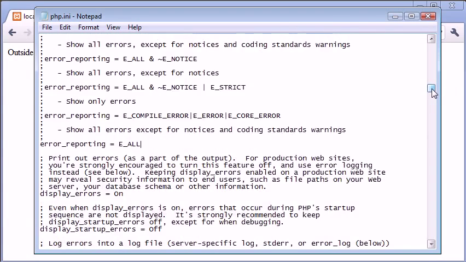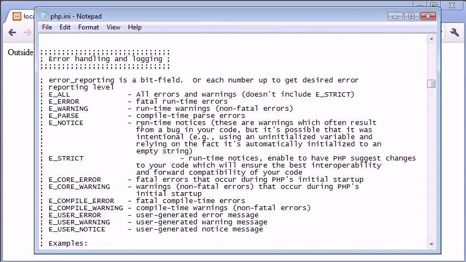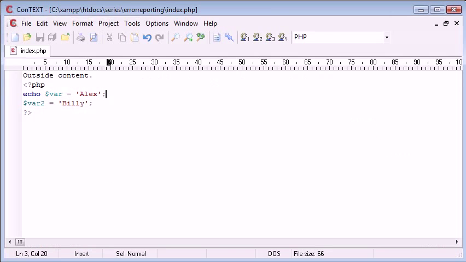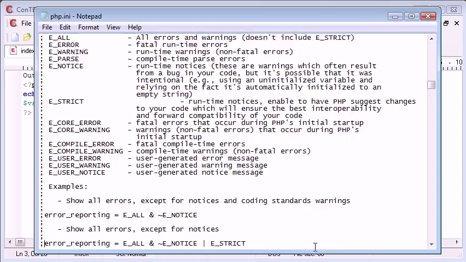So what I can do is specify E_STRICT. Now what this is going to do is incorporate strict errors. So what we're talking about is code that might run, but let's have a look at the definition. It might run, but it's runtime notices that enable PHP to suggest changes to your code which will ensure the best interoperability and forward compatibility of your code. So it's basically giving you messages about your code itself rather than errors that you might be coming across. So you don't need to include this, but maybe it's a good idea if you want that kind of error